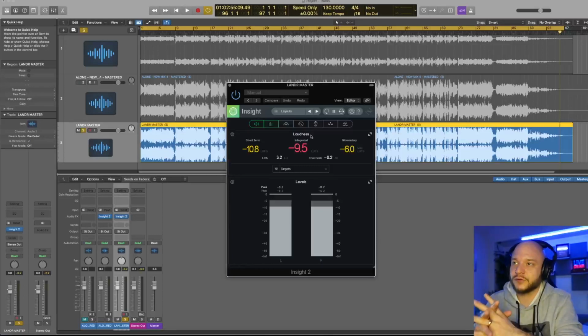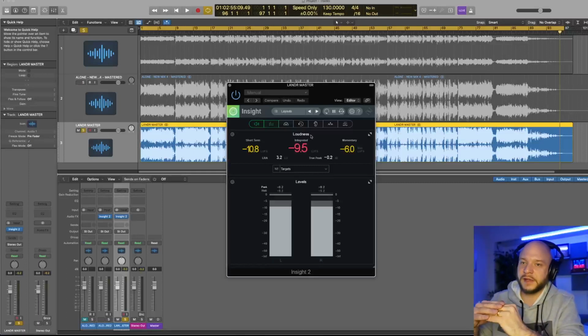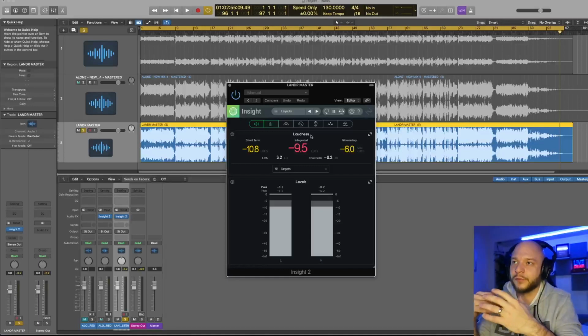All right, taking a look at the LUFS for the Landr master version, it is definitely louder than the version that I had mastered. We're sitting at around negative 9.5. So again, 0 being the ceiling, anything closer to 0 is going to be louder. Negative 9.5 LUFS is definitely more than I can ask for in terms of loudness. At the same time, Landr's keeping, you know, the clarity of my mix and stuff, so I'm happy with that